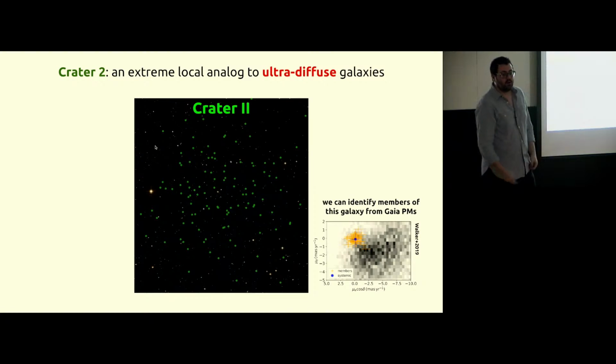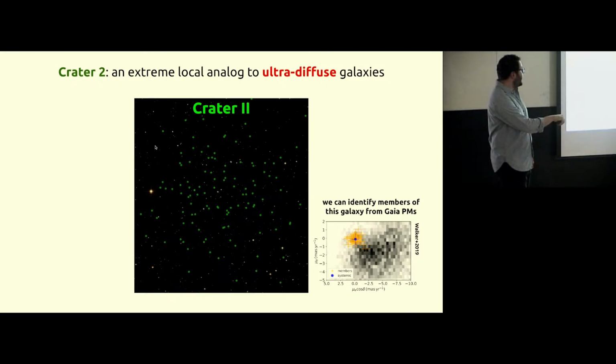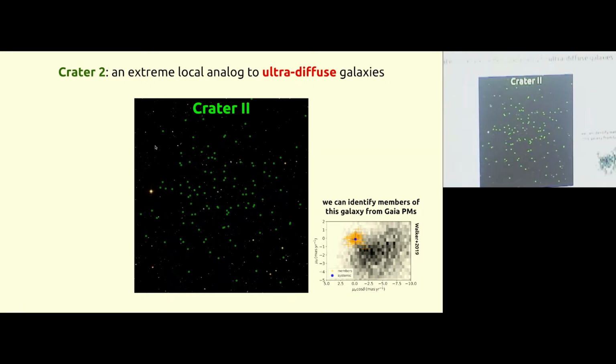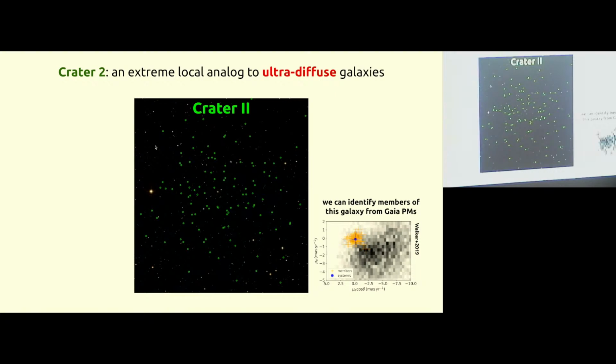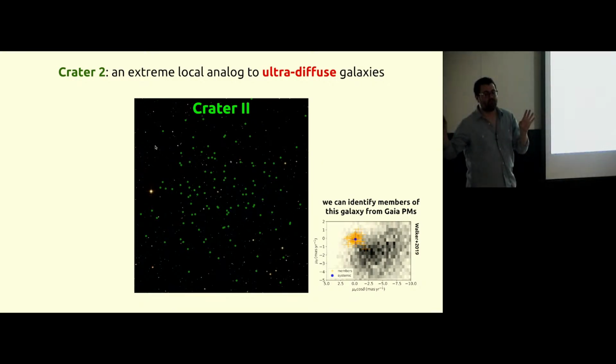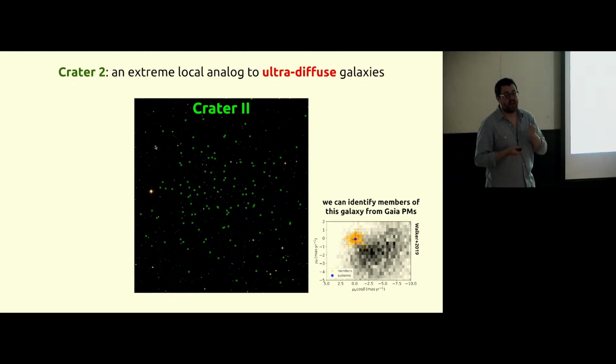Originally, people thought that this galaxy had infall with the Crater 1 globular cluster. It's a globular cluster that is in the constellation of Crater. And it has apparently experienced group infall with some other galaxies from the Leo constellation. But Crater 2 has been shown recently, not even 6 months ago, to not be part of this group infall. So I don't think there's any evidence for a globular cluster in it.